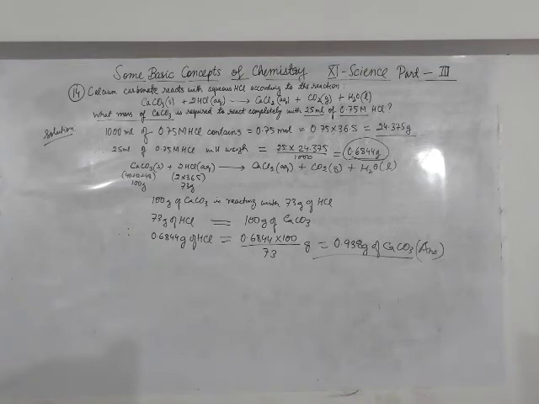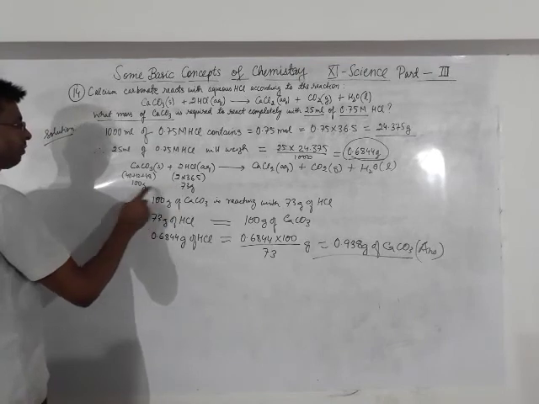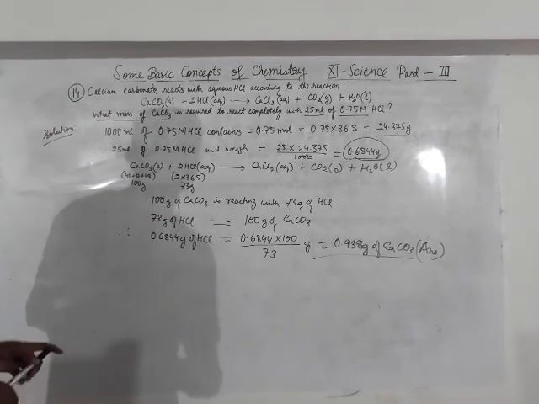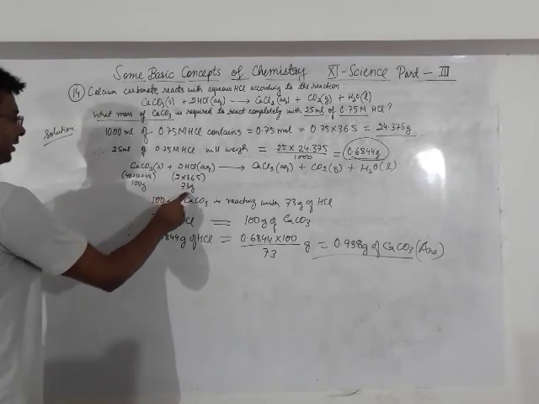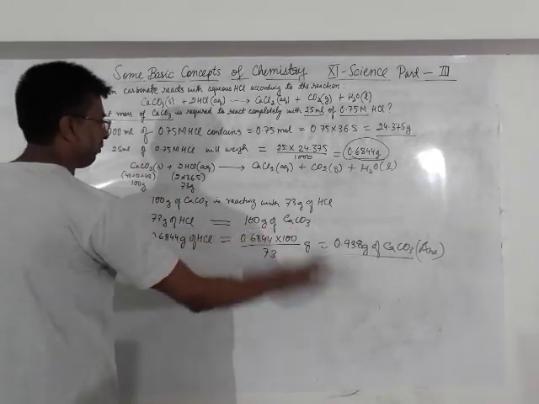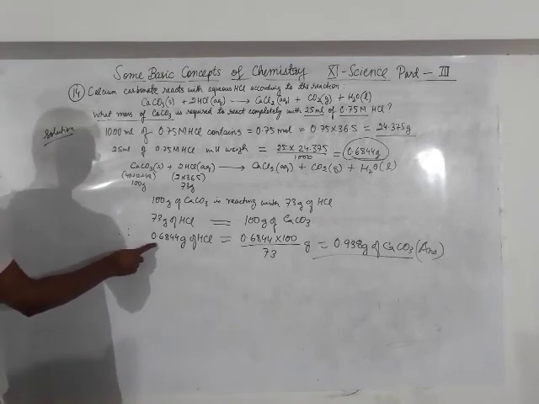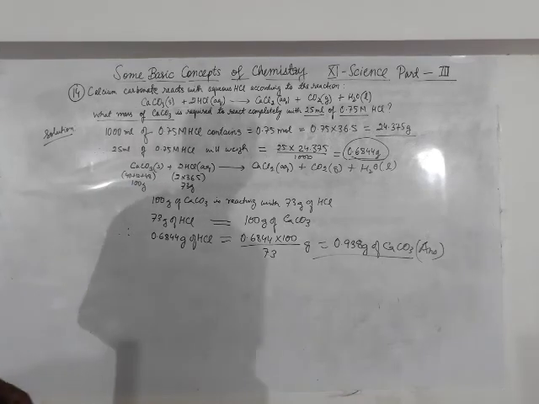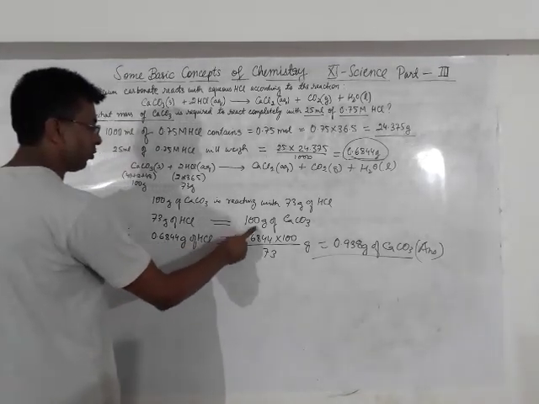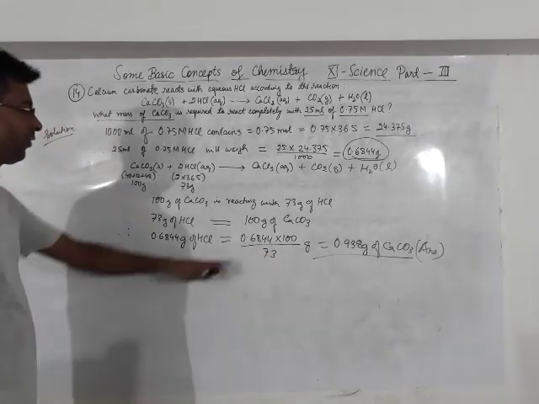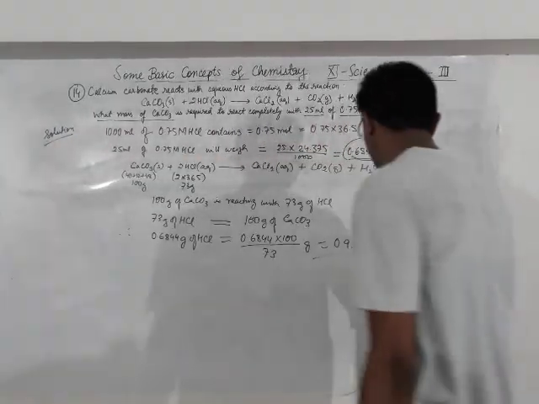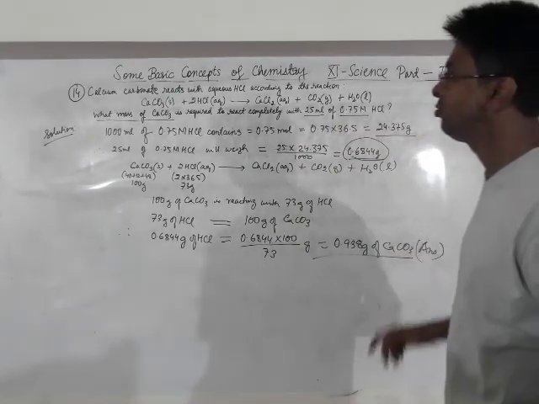So I write down the equation once more over there: calcium carbonate plus HCl gives calcium chloride plus carbon dioxide plus water. Below calcium carbonate and hydrochloric acid, I have worked out the molar masses of these two compounds, and then I framed the sentence over here. 73 grams of hydrochloric acid reacts with 100 grams of calcium carbonate completely. Therefore, as per what we have obtained, 0.6844 gram of hydrochloric acid will react completely with 0.6844 into 100 divided by 73. Upon simplification, the answer comes to 0.938 grams of calcium carbonate. This is how you do number 14.